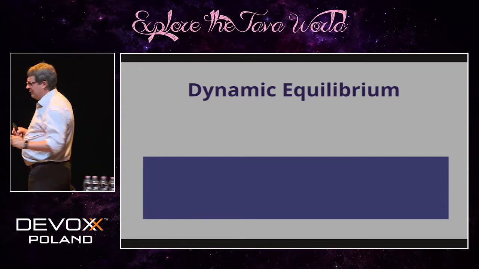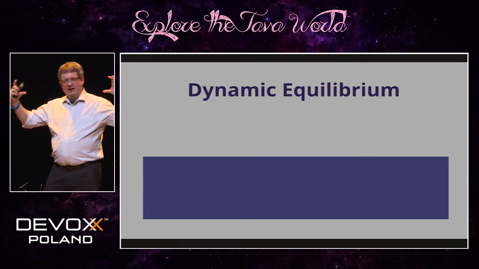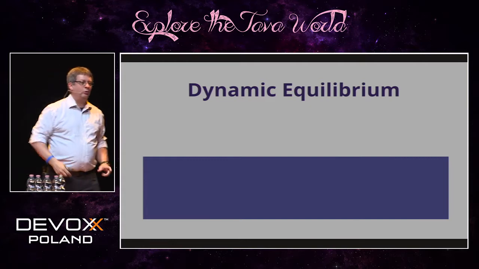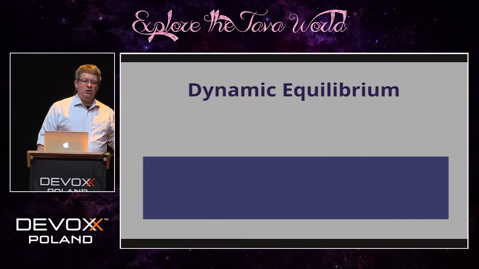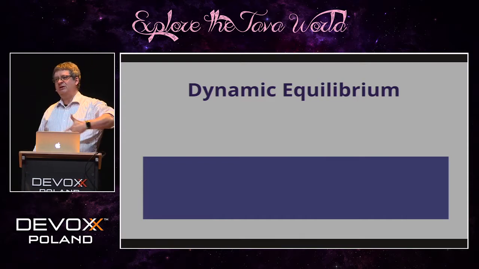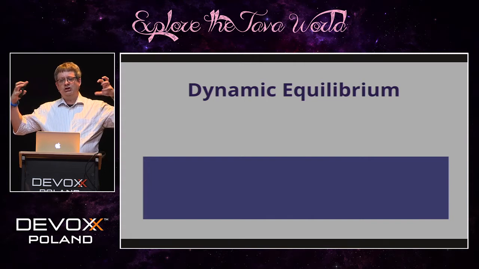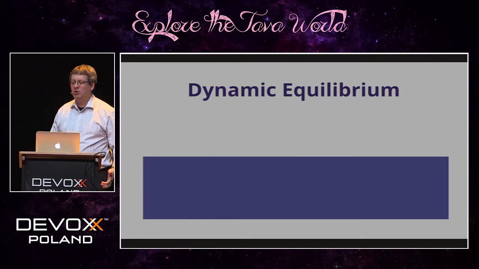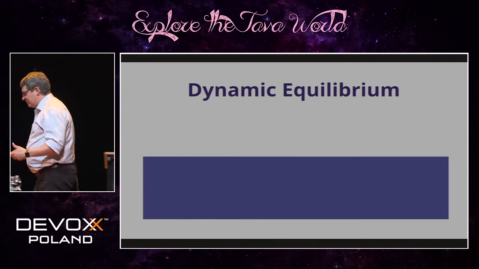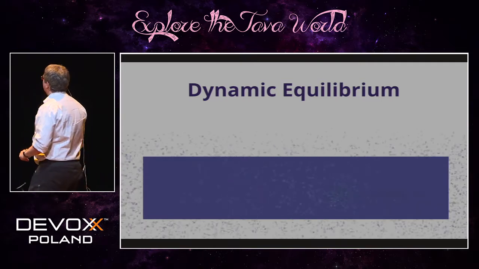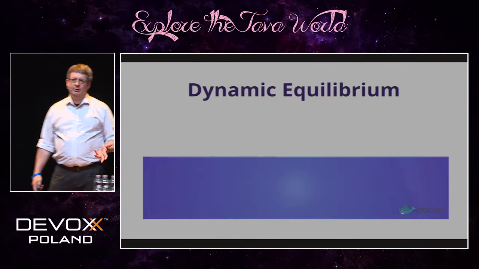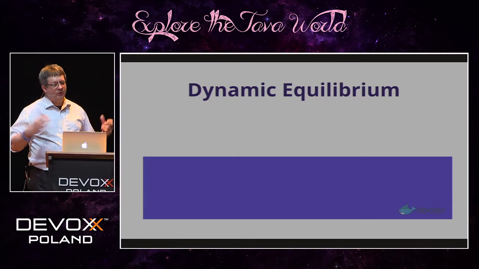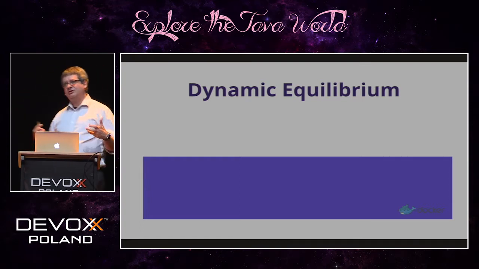It exists in a dynamic equilibrium, meaning that everything's in a nice equilibrium right now in the way that all the tools and techniques interact with one another. But the problem is that new things will hit this equilibrium in an unexpected way, and what happens is when a new thing hits this equilibrium, it reaches a new dynamic equilibrium that was different from the one before. A good example that we saw of this in recent history was Docker showing up in our ecosystem. And once Docker shows up, nothing's ever going to be quite the same again because you have to take that